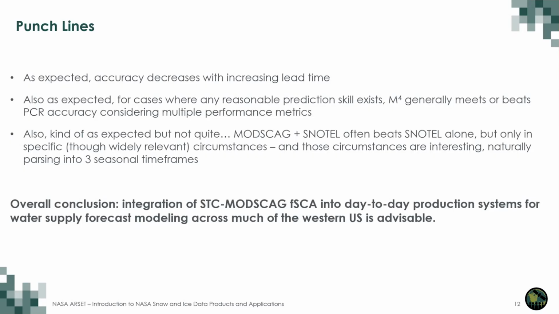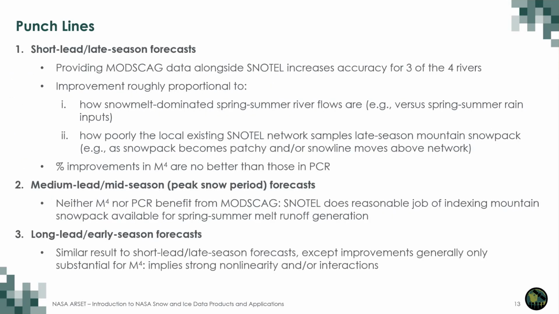But just to underline, the punchline here is that integration of the satellite data into day-to-day production systems for water supply forecast modeling across the Western U.S. is advisable. That's the overall conclusion here. So, as I said, it naturally segregated into 3